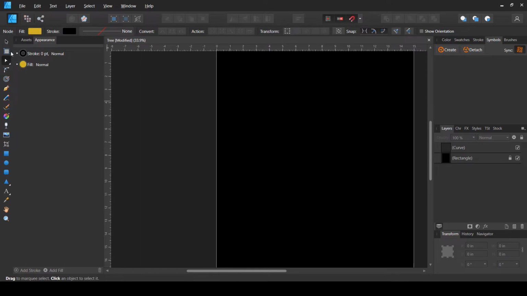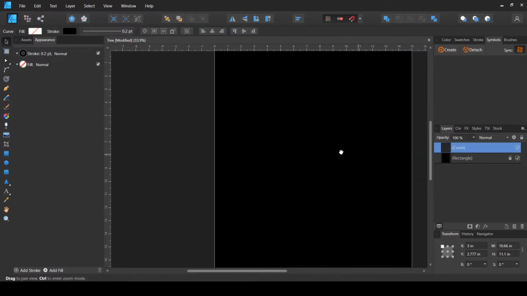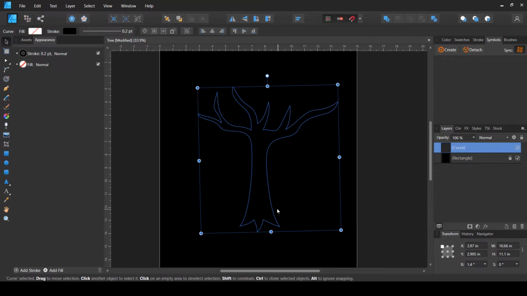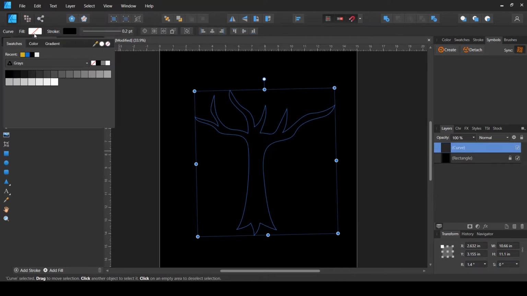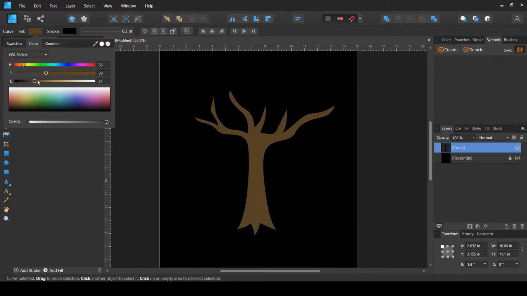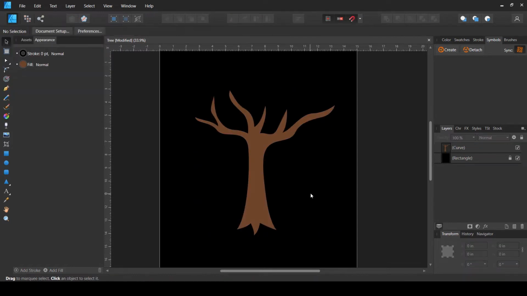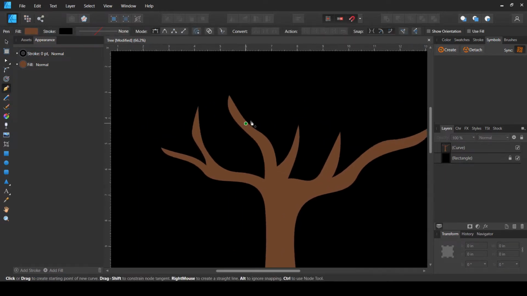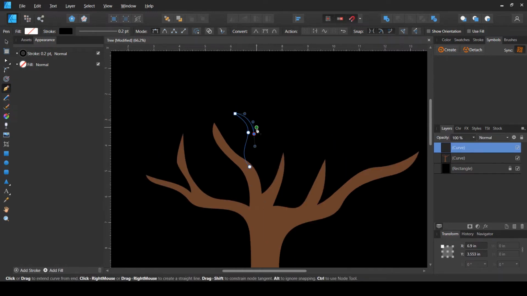Now as it is invisible, we need to color it so that we can see what we are creating. Let me just rotate it a bit. So let's just maybe make it a brown trunk, and I think this looks fine, not too dark. So yeah, this is looking much better. Now it's time to create a few more branches here, just something at random places, nothing too specific.